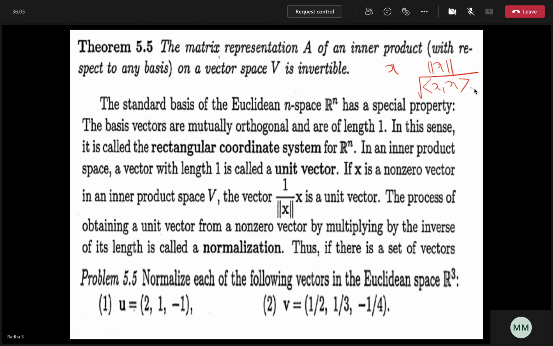It denotes the length of the vector, or the magnitude of the vector. So can you now say what x divided by norm x should be? What could be the length of the vector x by norm x? Unit vector. That vector's magnitude is 1.